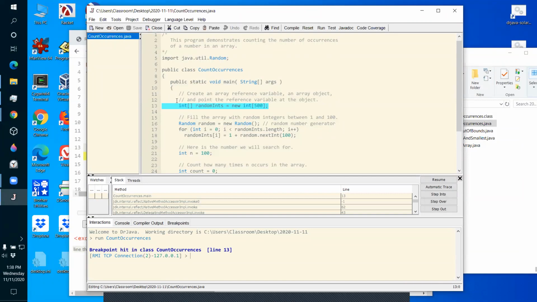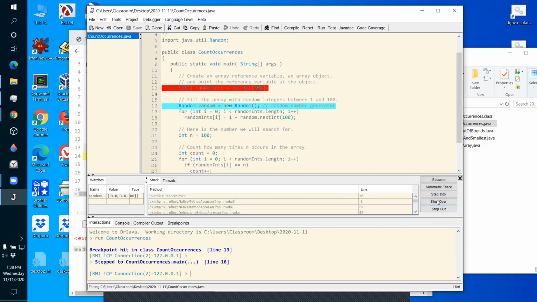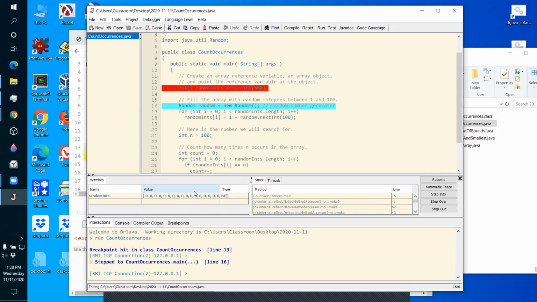Okay, now I'm there. Now I want to see my array. So I have to tell it that I want to see the array random ints. See, that was a nice thing about the Java visualizer. You don't have to tell it what variables you want to see. Okay, so now it doesn't have a value yet. So step over. Okay, now there's my array, but notice the Java visualizer doesn't really show it very well. I don't know if it'll let me somehow scroll that. Doesn't seem to.